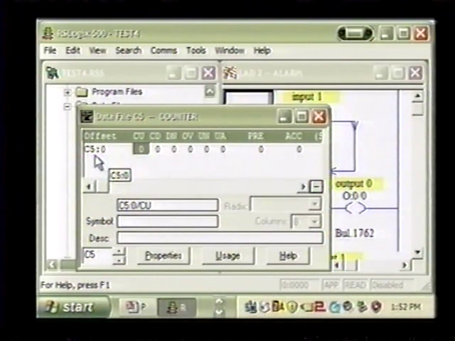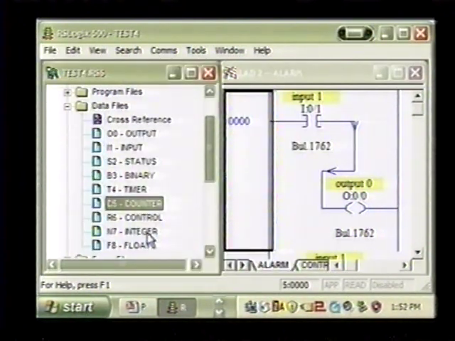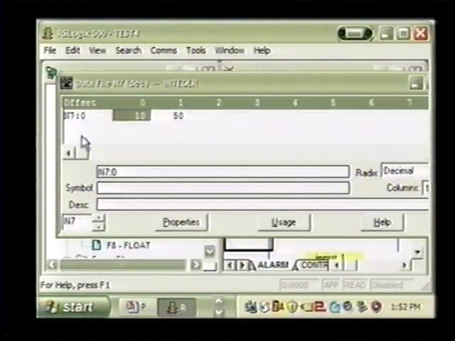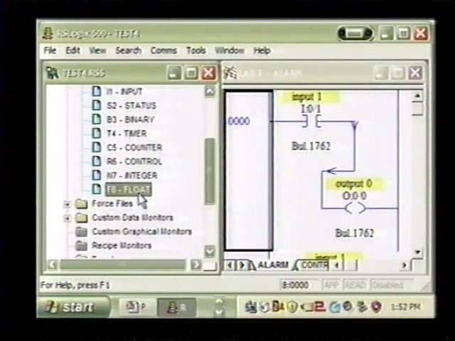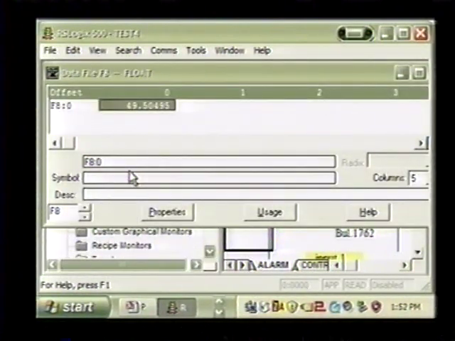Counters, I've created one counter, C5:0. You can look at the N7 registers. We've got two registers created, N7:0 and 1. And the values that they currently have in them are 10 and 50. And then you've got your floating point. It comes standard with one floating point address, F8:0, but if you wanted to create more addresses,